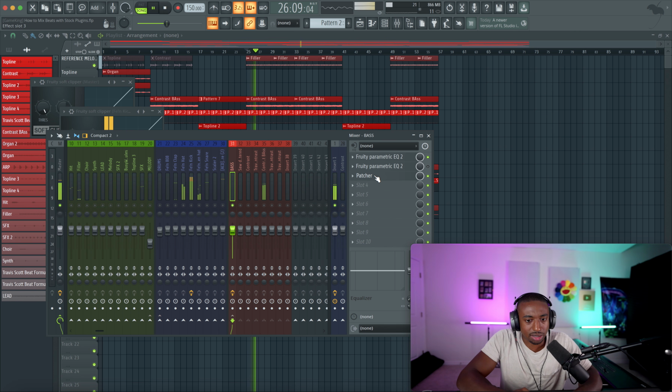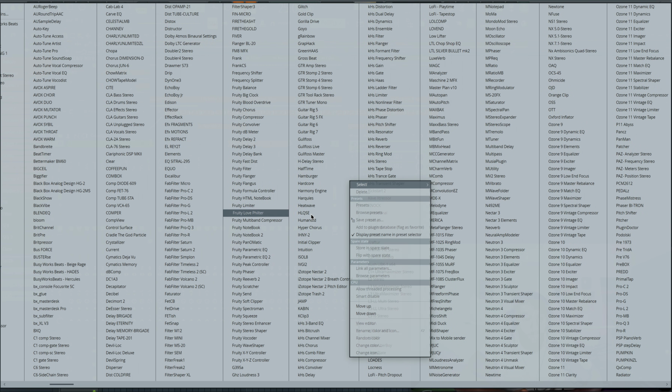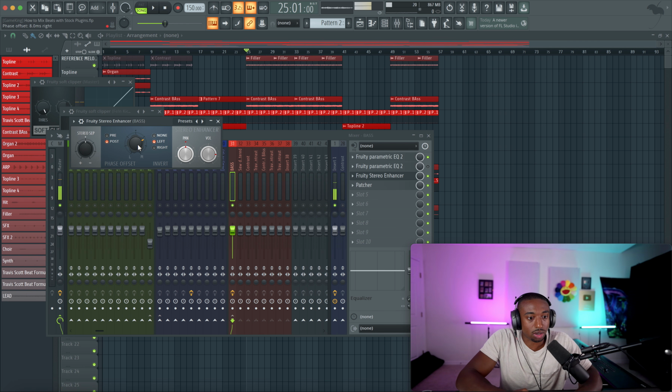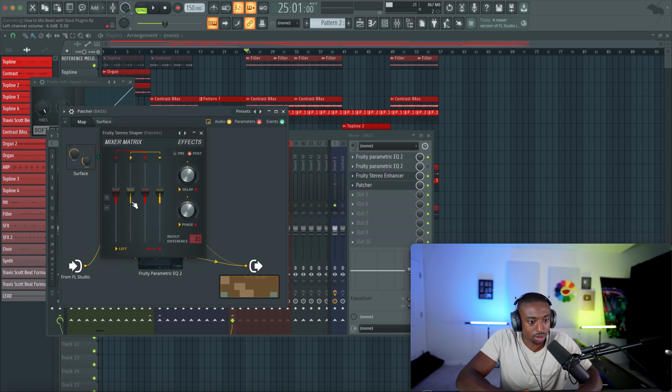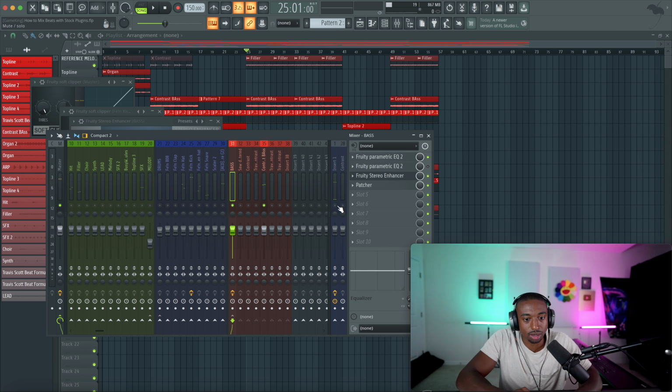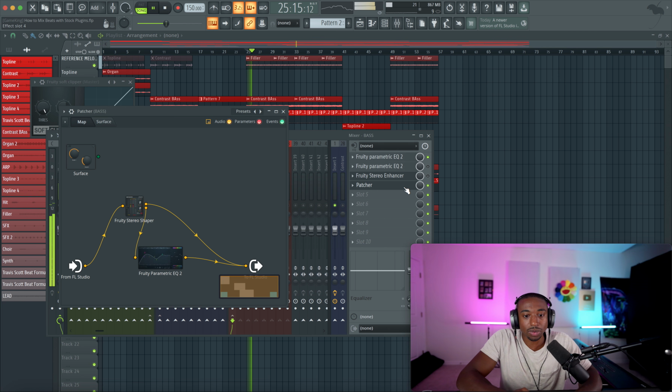So I don't even know if the bass is stereo. That's interesting. It sounds wide. Okay, so let's widen the bass so that we have stereo. So let's add a Fruity Stereo Enhancer. Let's do phase offset. And let me make sure I'm not doing something. Oh, I'm an idiot. It's because I muted the bass. Okay, so let's do that one more time. All right, so that's the full signal. Here's mono. Okay, so there is a subtle bit of side information,